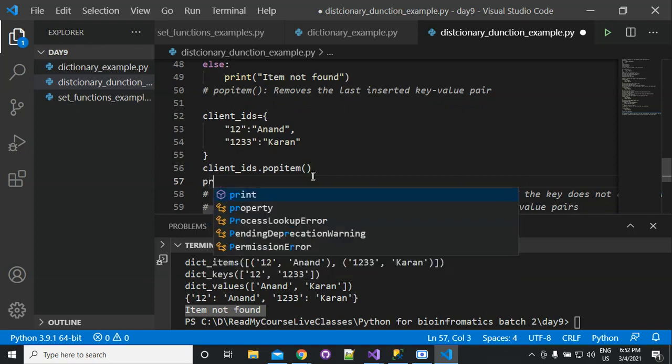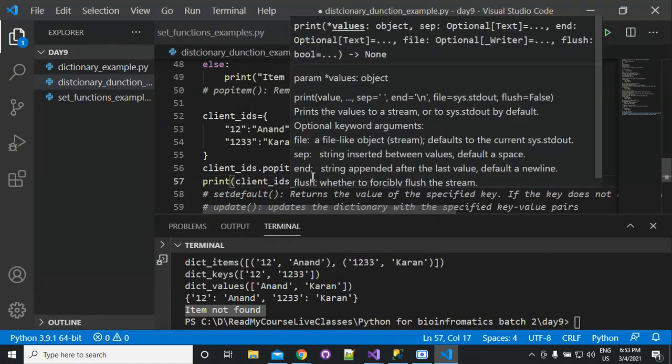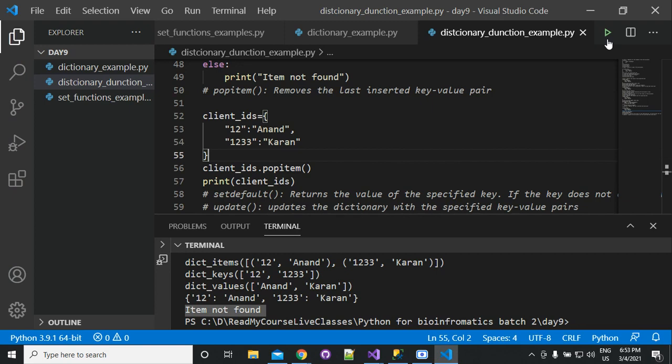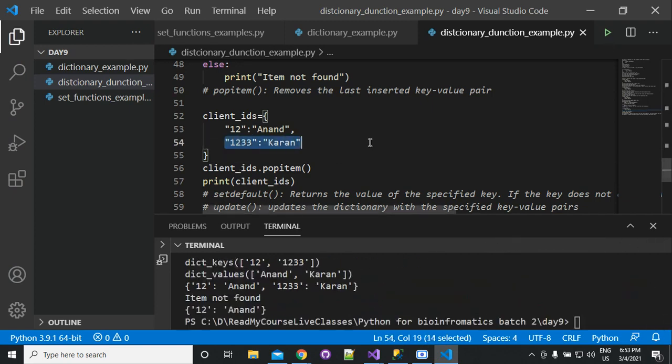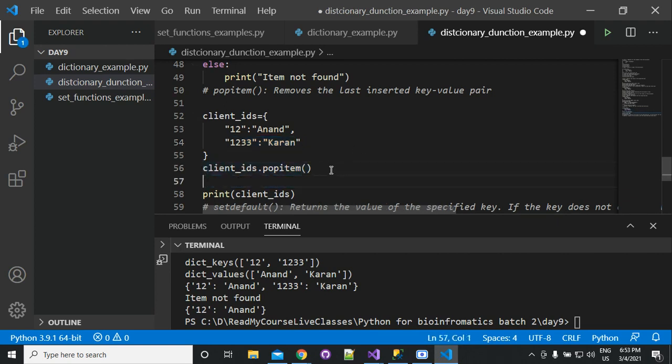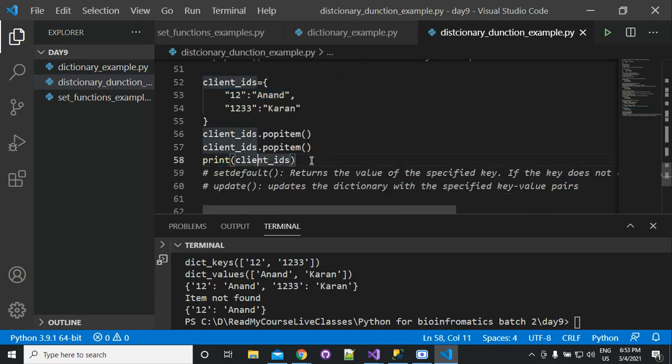What will happen if you print client IDs? Now you can see that the last item has been deleted. What will happen if you run this client IDs dot popitem two times? The first time it will delete one item and the second time it will delete another. Now if you print your client IDs, you will get nothing. You will get an empty dictionary.